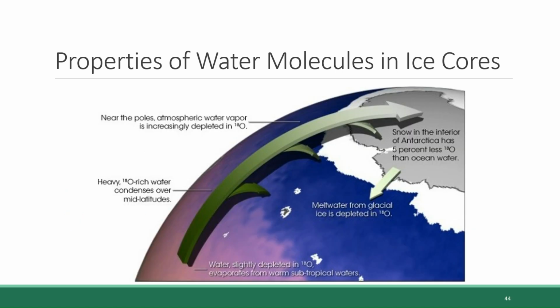So, in the grand scheme of global precipitation patterns, the oxygen 18 water tends to condense out as rainfall over middle latitudes of the planet, while the oxygen 16 water remains aloft and can make the journey through the atmosphere to the polar regions where it falls out as snow and turns into ice. However, some of the heavier oxygen 18 water does make it to the polar regions, and the specific amount of oxygen 18 water that makes it depends on how warm the Earth's climate is at the time.